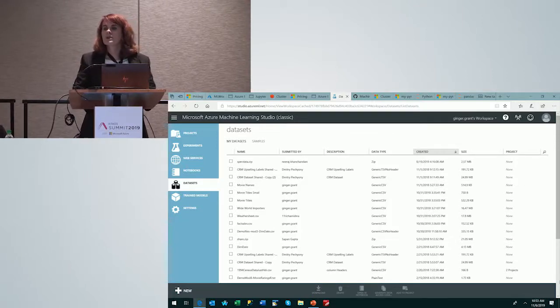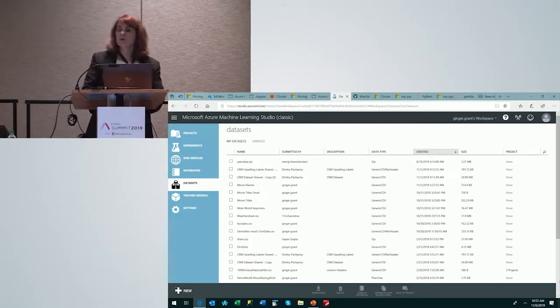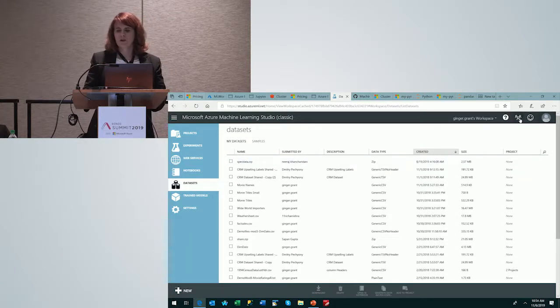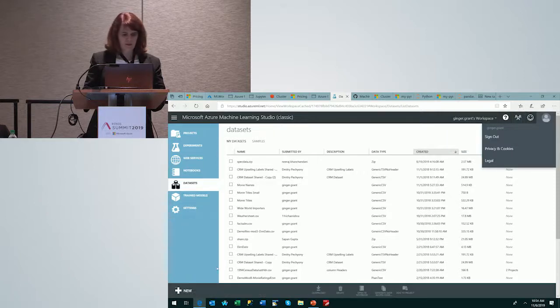How is the collaboration in this space? Within Azure Machine Learning Studio, with this particular application, I invite people. I could invite anybody that I wanted to collaborate, unless they've taken that out.